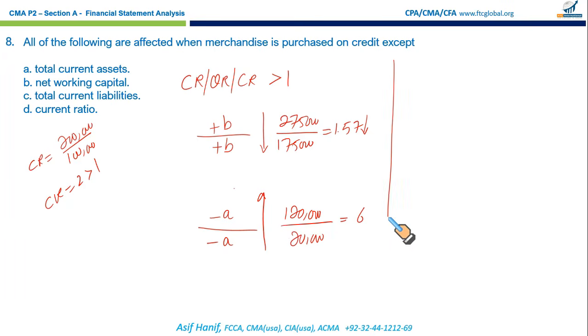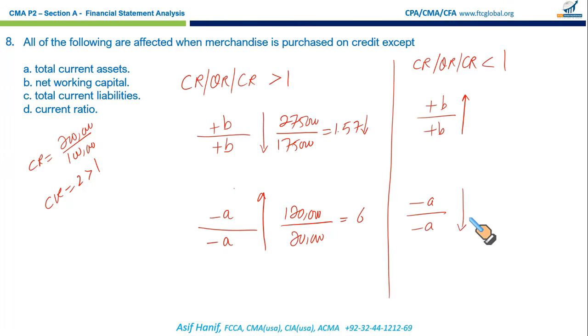Now let us see the side where the current or quick ratio is less than 1. Whatever ratio we are discussing, if it's less than 1, any transaction that results in addition of the same number to the numerator and denominator will cause the ratio to improve. Vice versa, reduction will cause the ratio to deteriorate. Let us see whether it really works on the same set of numbers, with a little change. Let's say this time our current assets are $50,000 and our current liabilities are $100,000. That means it's 0.5, which is clearly less than 1.